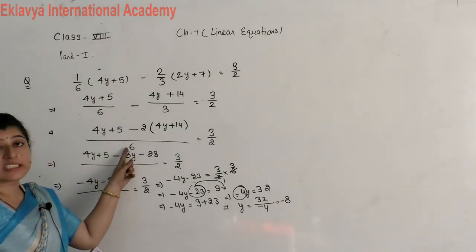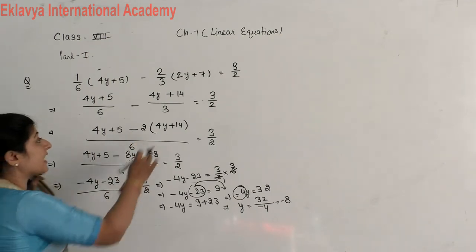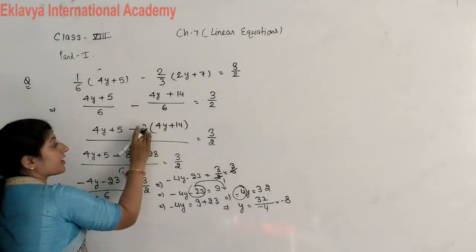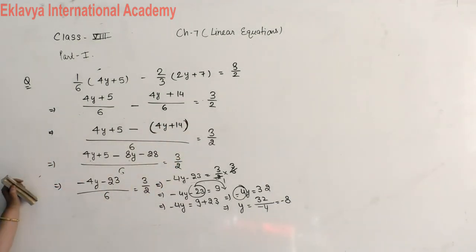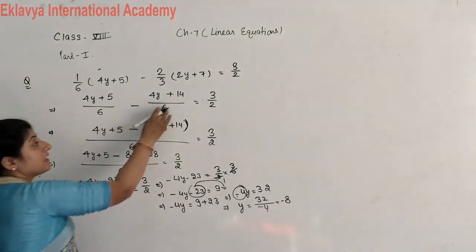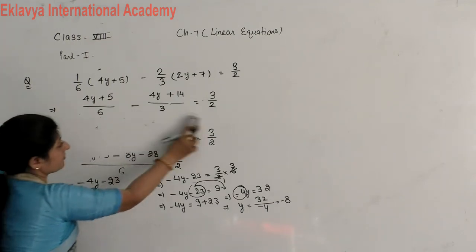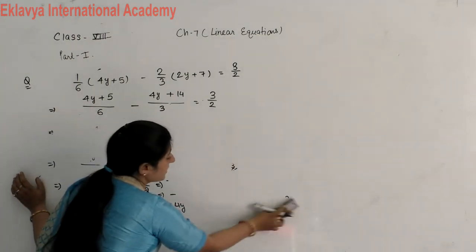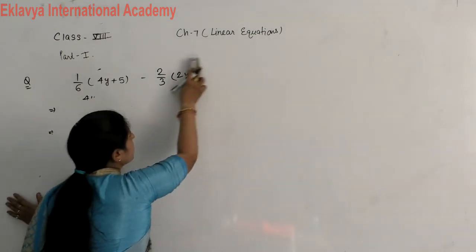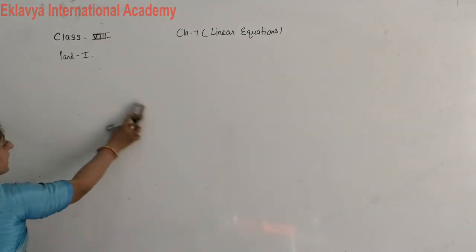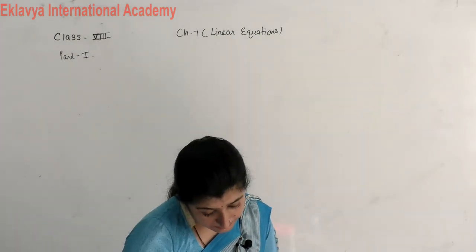Here for the 6 LCM, 3 2s are 6. Whenever you take a minus sign, even if here there was a 6 and here you had to multiply by 1, then also firstly take it in brackets and then solve it. Here it is 3 multiplied by 2. After a minus, when you are solving more than one term, then always take it in brackets firstly, and after that solve it. One more question.